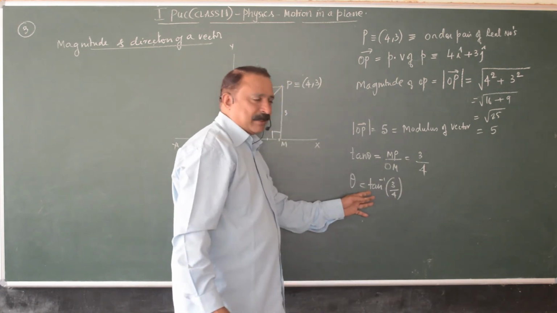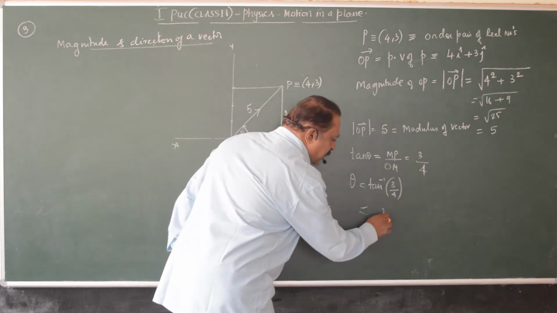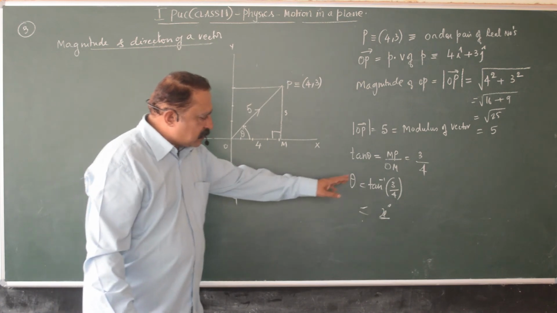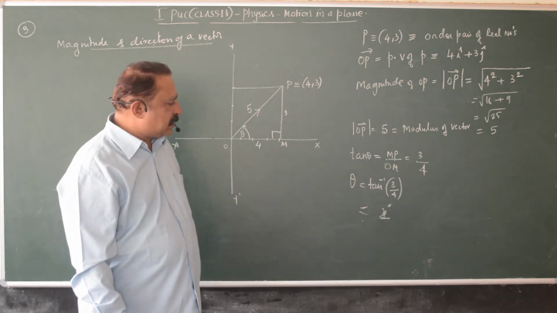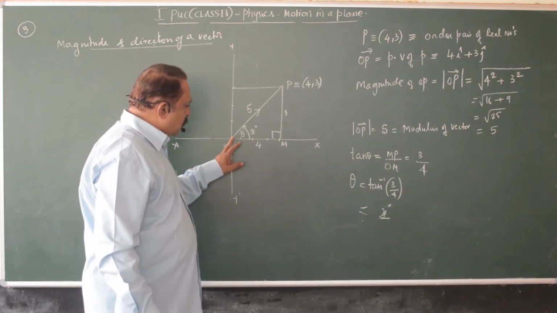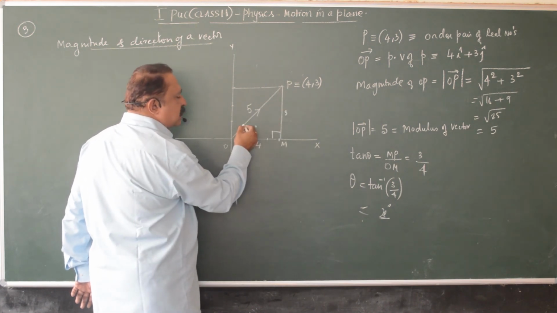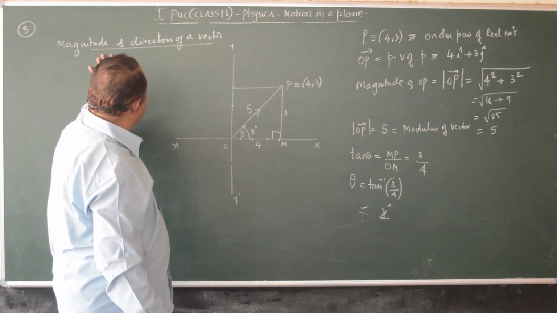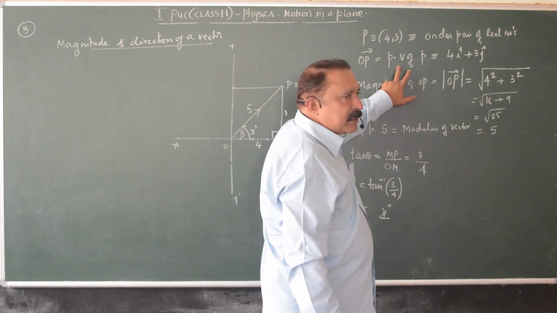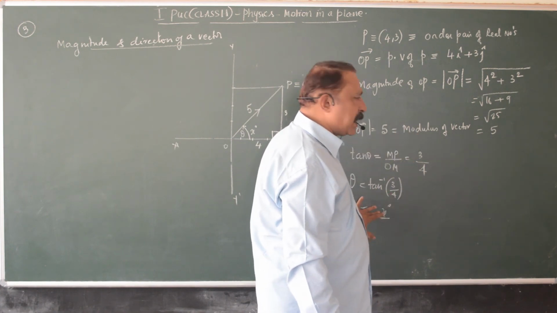And from the log table, you can find the value of tan inverse of 3 by 4, and it gives some angle x degree, because I don't have the log book right now. So tan inverse of 3 by 4 will give you some angle which is x degree. So now we understood that a vector has magnitude, it also has direction. So any vector can be written as an ordered pair of real numbers, can be expressed in terms of position vector. It has modulus or magnitude, and it also has direction.